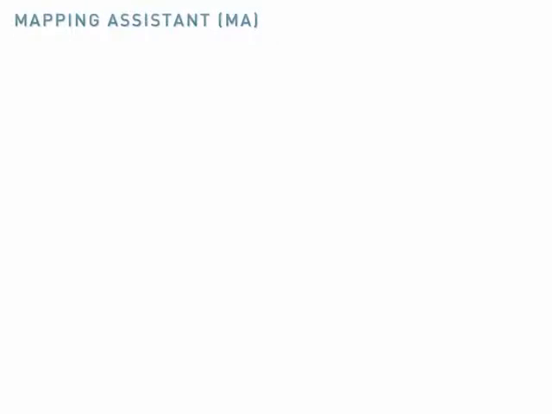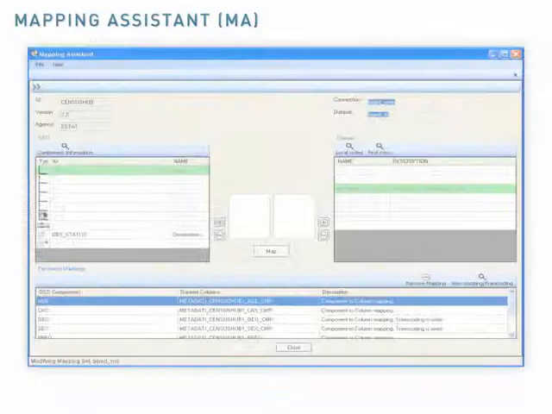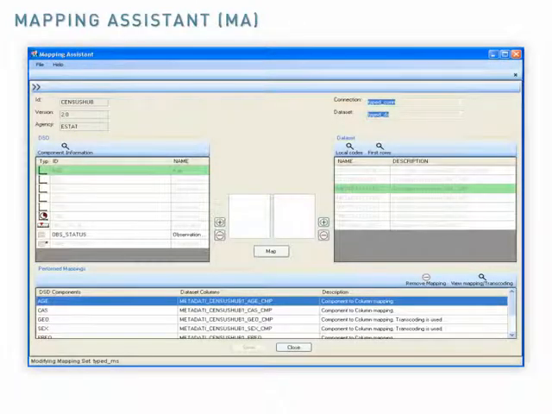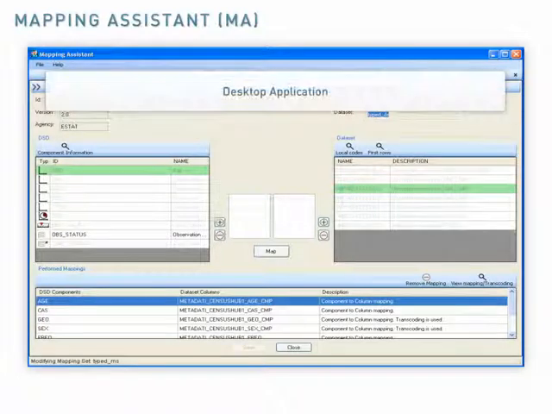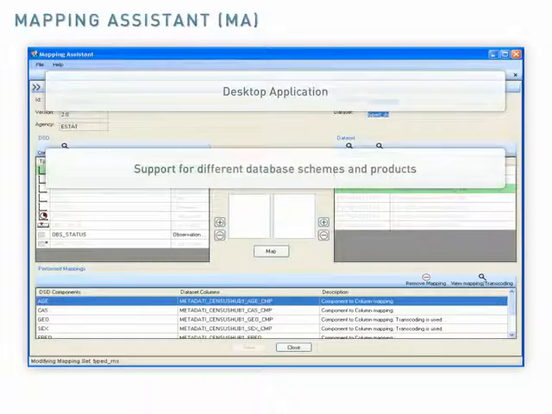The mapping process can be done in several ways, and within the SDMX community different examples can be found. In this session, a simplified mapping process is explained using the Mapping Assistant tool developed by Eurostat. The Mapping Assistant is a desktop application. It supports different storage schemes for the local databases and different database vendors to store the local database and the